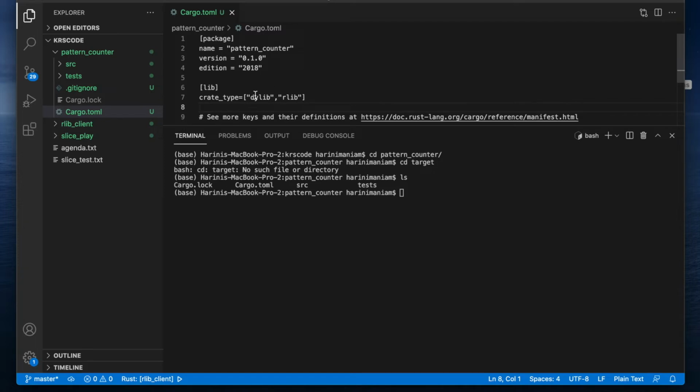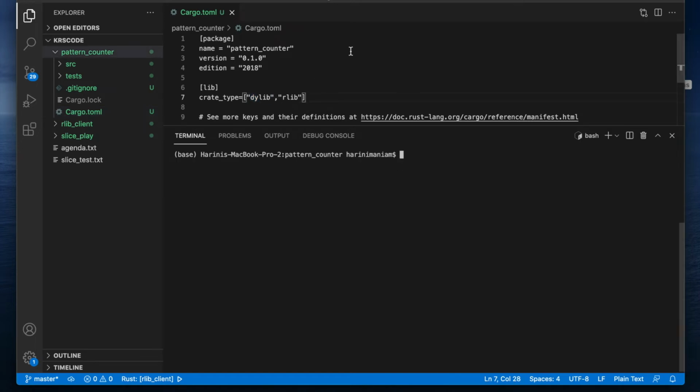So it's more like a switch. You can pass some flags later to state your preference: do you want this to be static or dynamic? By default, it is static. What is the effect of putting a dylib here? So when you run cargo build --release,